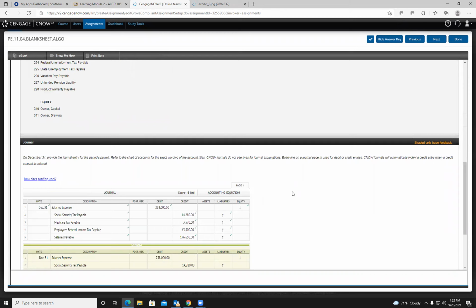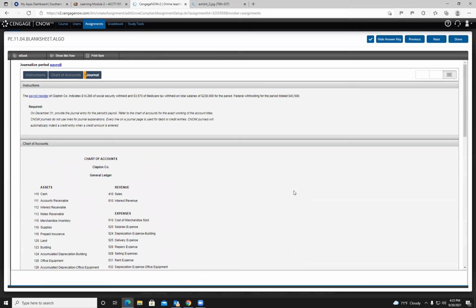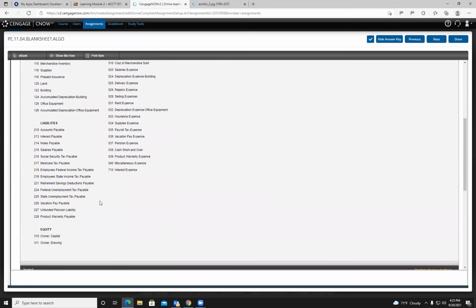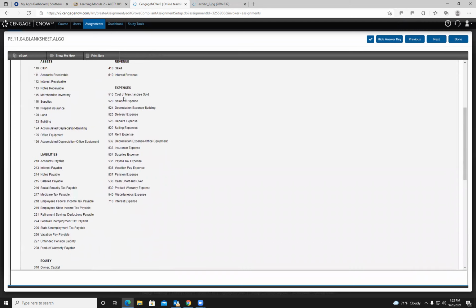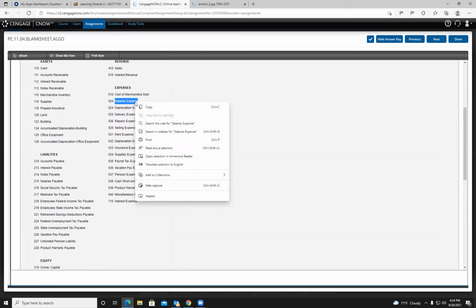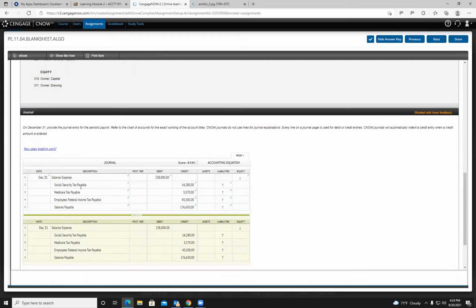So they gave us in the problem the total salaries. Total salaries equal 238,000. So that's going to be your salary expense. So you're going to come over here to your expense accounts and you're going to find salaries expense, and you're going to copy and paste that down in here. Okay, and next thing they gave us